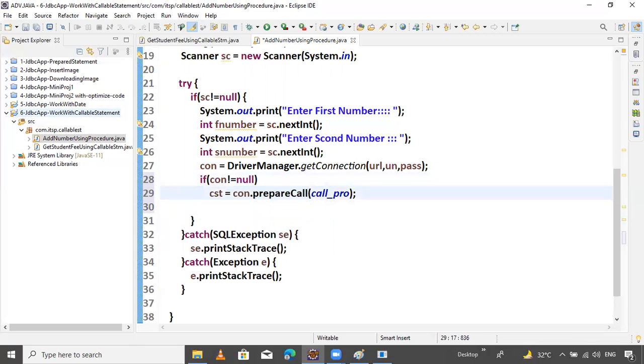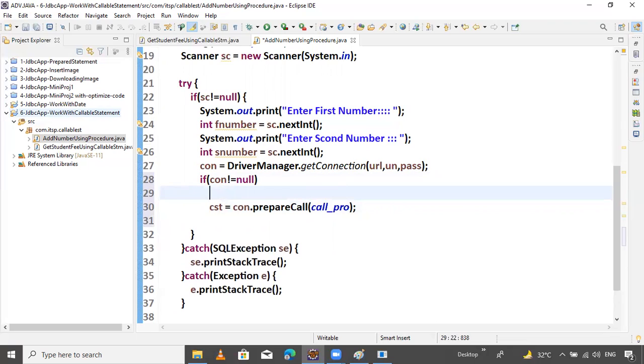Now what is this line? What is the line? This line meaning here? I'm writing it for you. So now create a callable statement object having the query calling PL/SQL procedure as the precompiled query, precompiled SQL query.